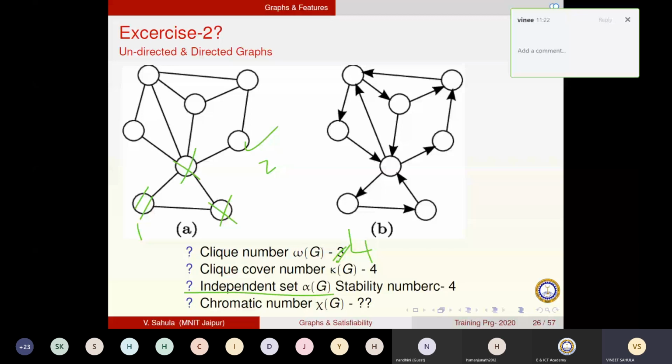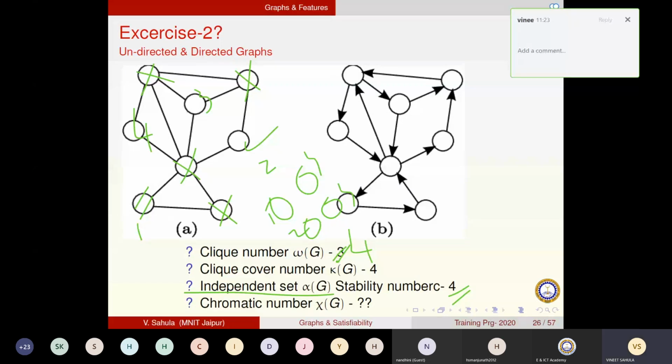Which one should I choose now? I can choose this one because it is not connected to 1, not connected to 2. I cannot choose this now because it's connected to 3. But I can certainly choose this one, the 4th one. So if you choose these 1, 2, 3, 4 vertices which I marked, they are among themselves not connected at all. So if you separate them out, vertex 1, vertex 2, vertex 3, vertex 4, there will be no edges between them at all. This is called an independent set. They are independent of each other. The size is 4. Did you get it?